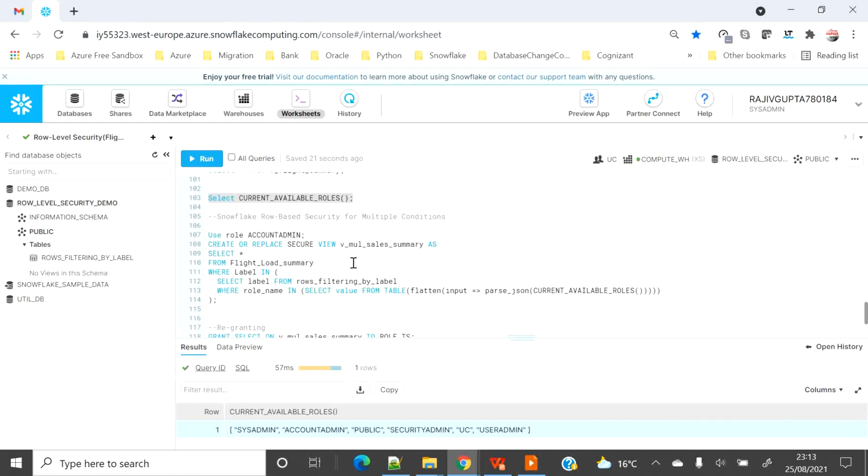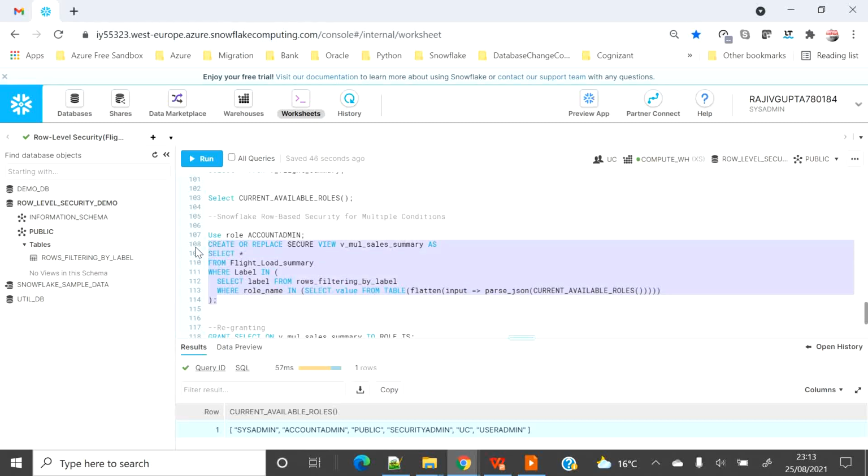But now if we use this inbuilt feature rather than current_role, we have the privilege to read all the current roles available on a particular user ID, and based on that we can use flatten to pass that as an IN clause, and that will help us look into more rows rather than a single one.